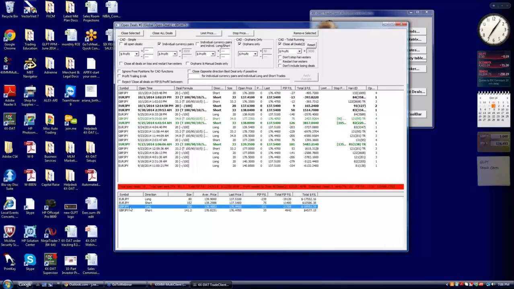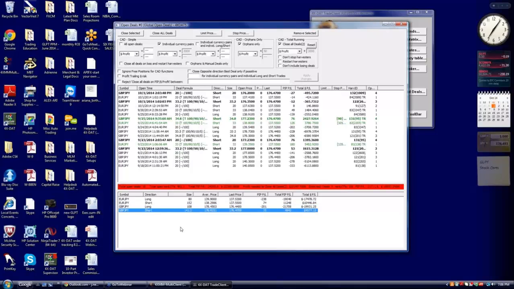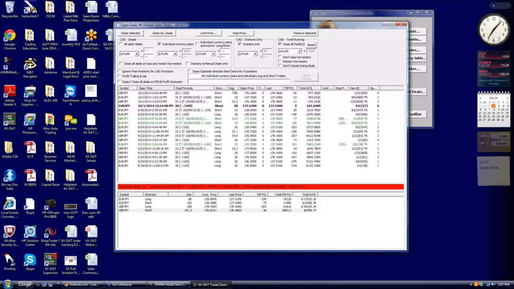The pound yen that we're trading, the total long position is 10.8 standard lots. The short position is 141.2 minis, or 14.12 standard lots. The individual trades are listed in the upper part of the open deals window, and basically what you see is every single